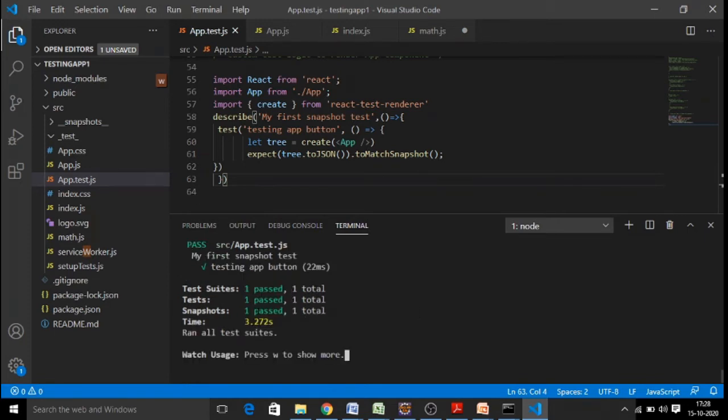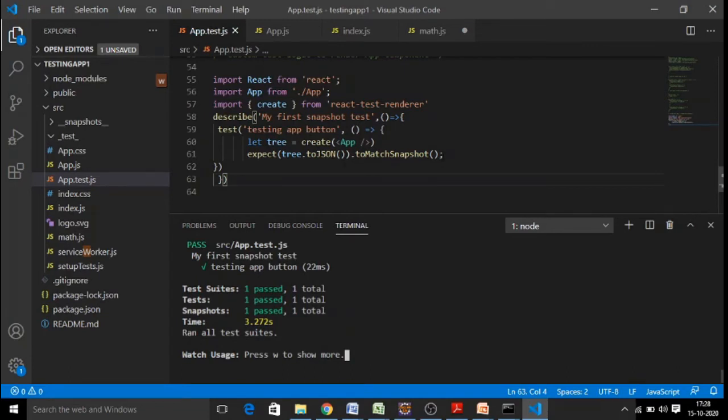Right, now you can see that one test case has passed. So the first time when we say the snapshot test is done, a snapshot is created. You can't see that snapshot, but internally the snapshot gets created because you have said expect tree.toJSON, which means your entire component is created like a tree type structure in JSON format, and it will match with a snapshot.